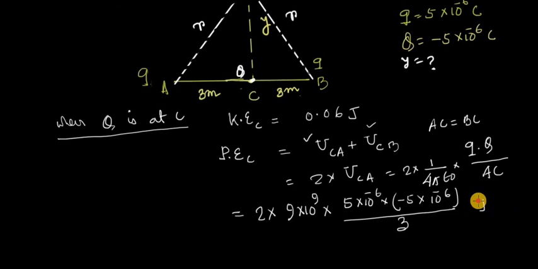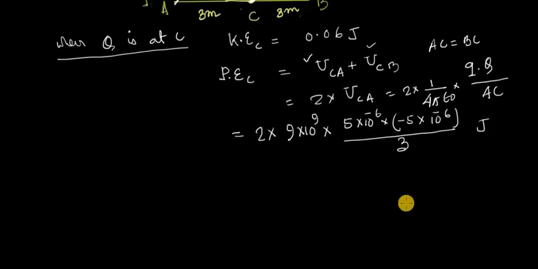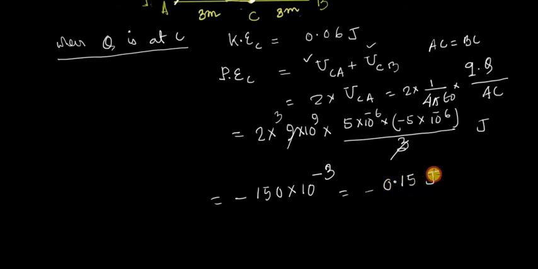3, this much joule. Now let's see what we get on calculation. So this 3 and 9 cancel, so 3 times 2 is 6, 6 times 5 is 30, 30 times 5 is 150, so minus 150 into 10⁻⁶ minus 6 minus 12 plus 9 minus 3, so that is actually minus 0.15 joule. So total energy